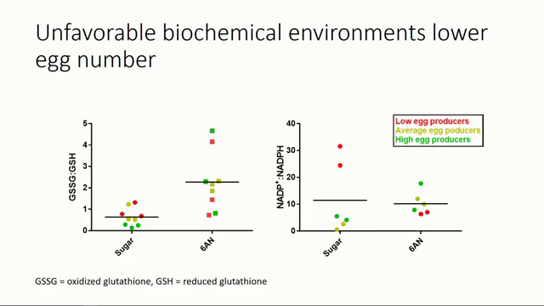And what we find is that sugar-fed mosquitoes have a ratio that isn't damaging to them. However, when we feed 6-AN, we see an increase in this ratio. So that means that there's more NADP versus NADPH, which is the active form. And so this supports our assertion that NADPH is vital for the regeneration of glutathione.